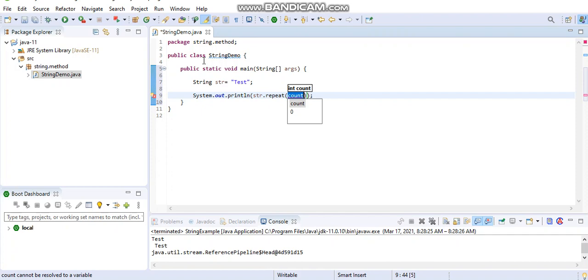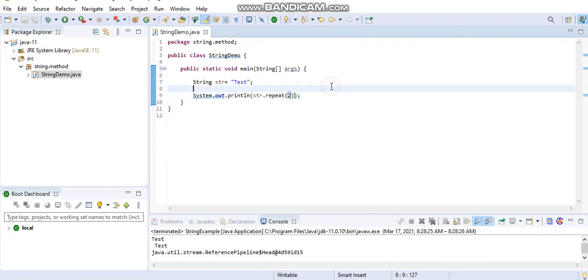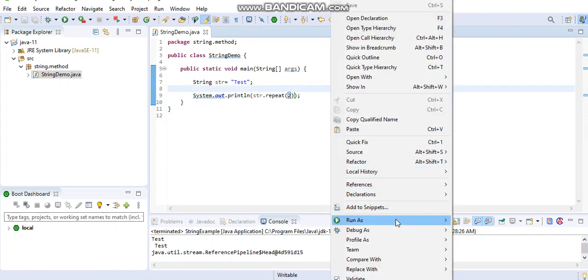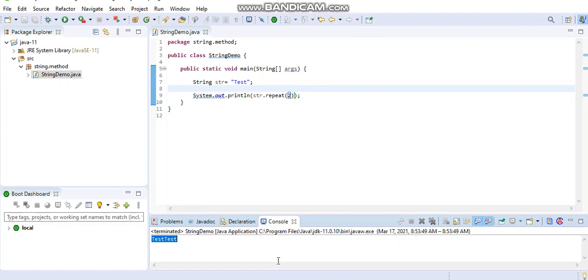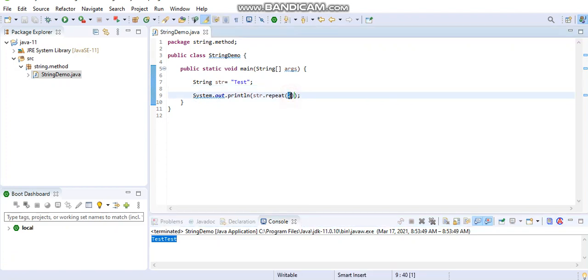For example, I want to repeat it 2 times. Then we will check the output. You can see test two times. So this is the functionality of the repeat method. If you want to repeat your string a number of times, you can provide a number in the argument of the method, as I provided 2, and you will get the repetition.